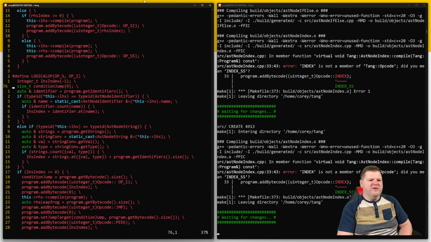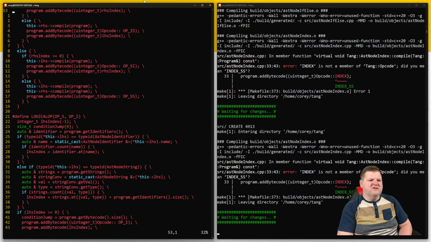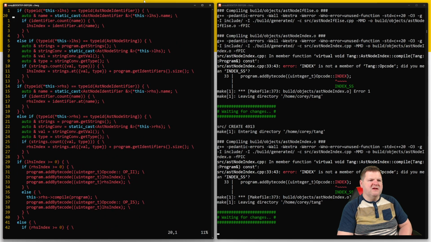But this whole thing about the identifier, trying to figure out the index values, that is repeated, right? Yeah, and how it's